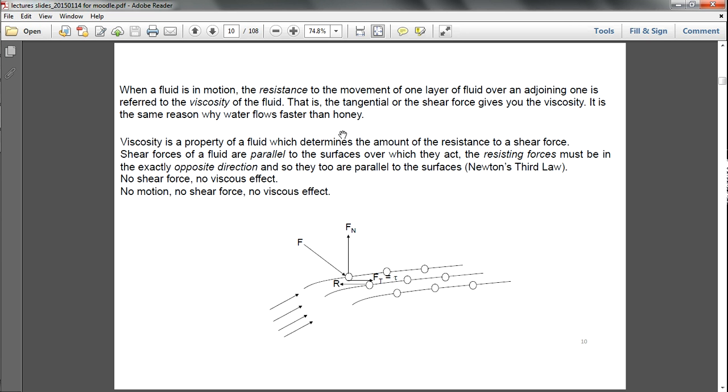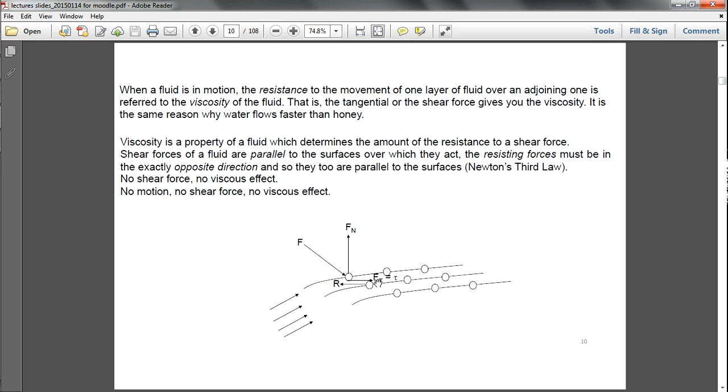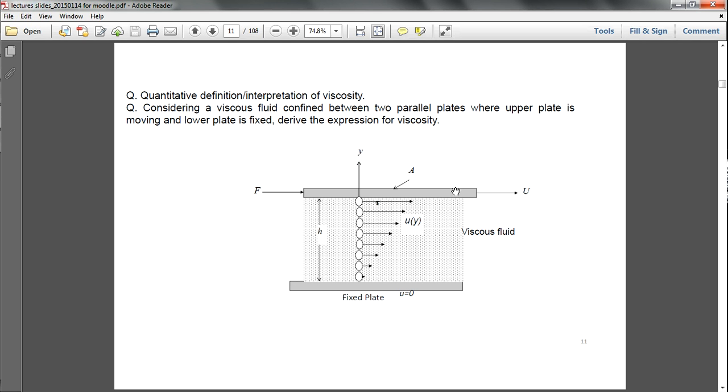You may wonder why this page. This page is just saying the fluid itself follows Newton's third law, meaning this is how it flows. It's just the resistance to the movement of one layer of fluid over another layer of fluid, which is just a stress. It's related to the viscosity, meaning it starts to describe this phenomenon. So this is just another point of view. So nothing much, you don't need to worry about that. Just one key thing, you need to understand the graph, I mean these symbols and everything.